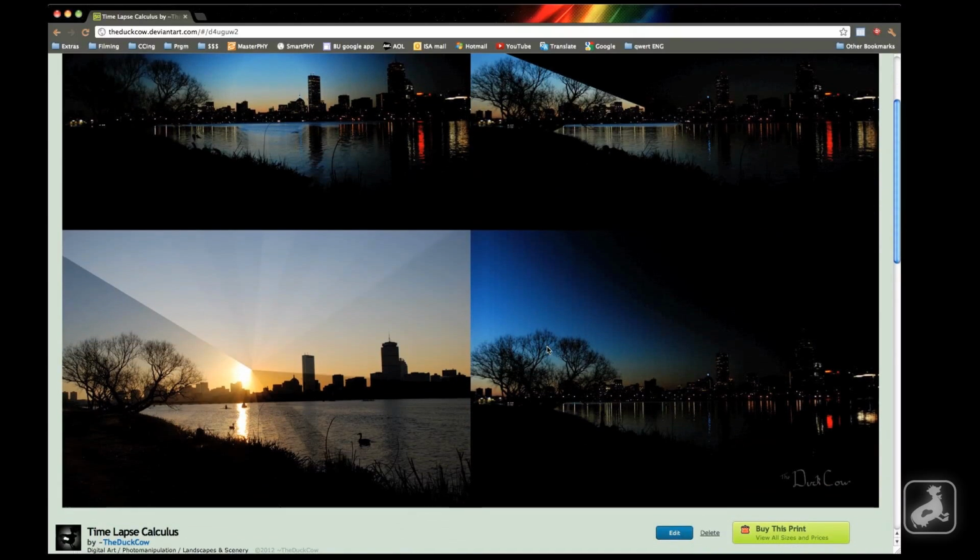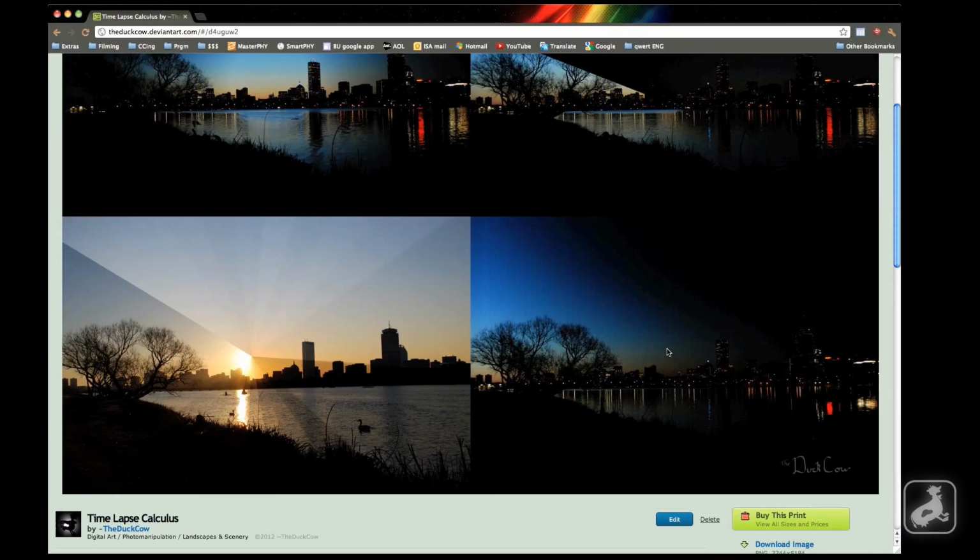So if you look here, the simplest one is the gradient one, bottom right, which I'll zoom into now. As you can see, it appears that the scene gets lighter from the right to the left. And what's actually happening is I've taken strips of each, not every image, but every interval image. I've taken a strip in time from the earliest point that I started the time lapse to the latest point. So if you zoom in farther, you can sort of see there's vertical lines that represent where the